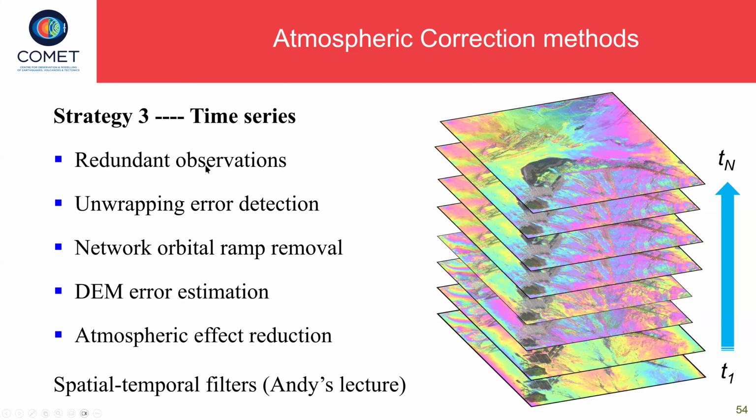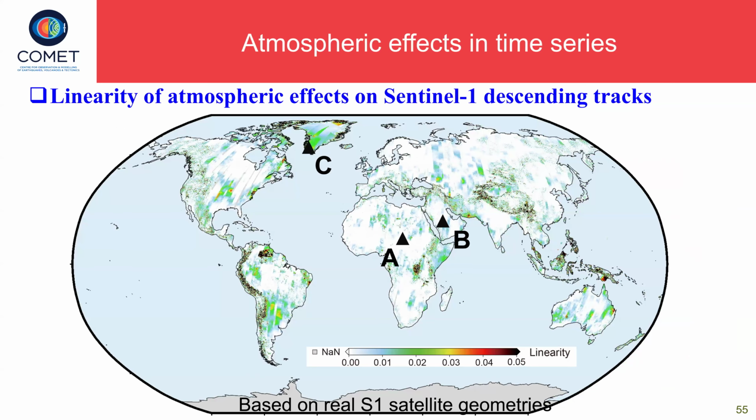For example, you have redundant observations, you can do better unwrapping error detection, you can also remove the orbital ramps in a network, and you can estimate DEM errors. So all these errors can be estimated in a time series, based on spatial-temporal filters. Probably Andy will talk about this technique in the next lecture. So I will only give you an impression of how the atmospheric effect looks on Sentinel-1 observations in a